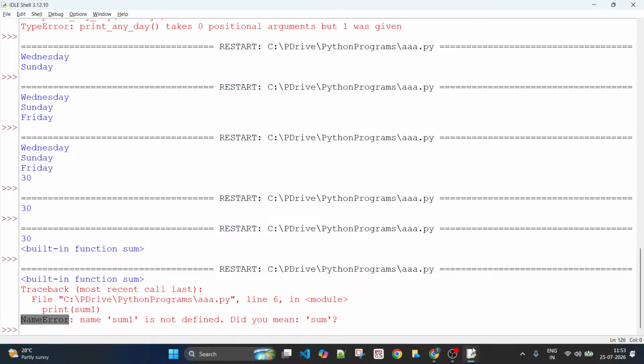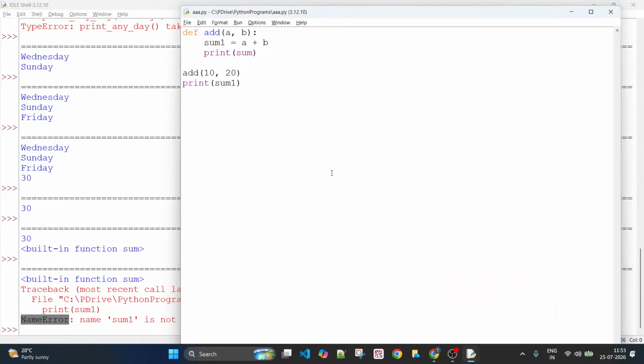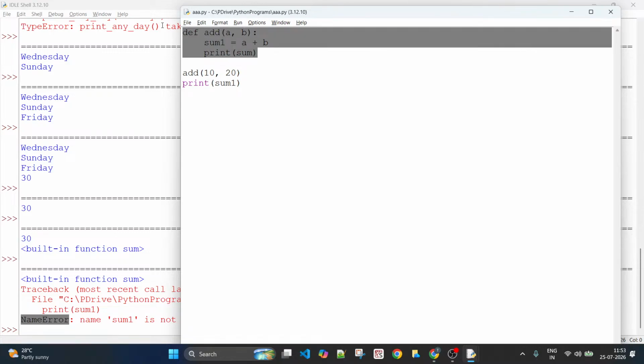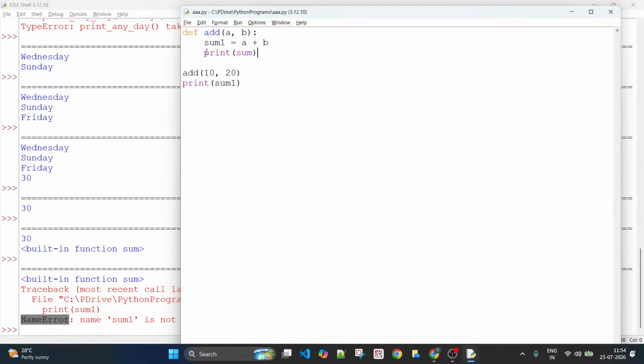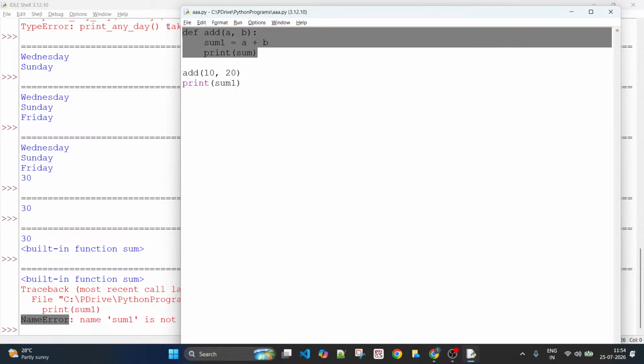Why is it a name error? Let us understand it. So this is a function, right? There is something called scope. The scope of this function is limited to this portion only, and the variables a, b, and sum1 are accessible only within this scope.